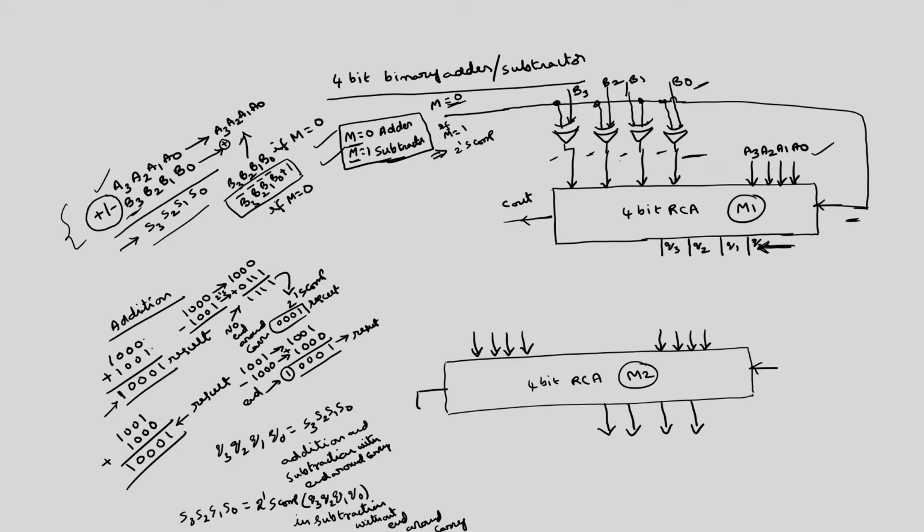Okay. So, for that I am using a simple logic here. M is going to decide whether it is addition or subtraction, and this C out is going to decide whether the end around carry is present or not. So, anyhow I have to use the exclusive OR gates here, because I have to take the 2's complement in one case. So, I will give these exclusive OR gates.